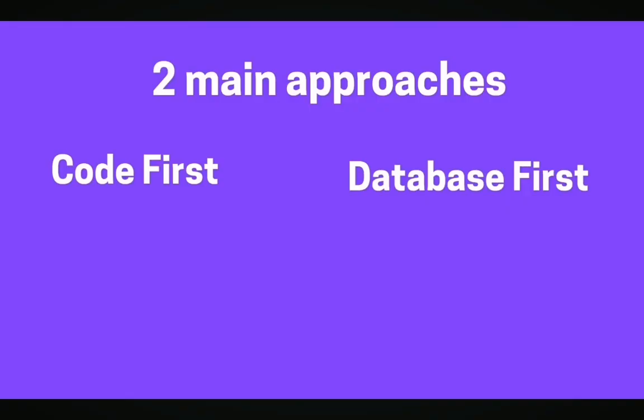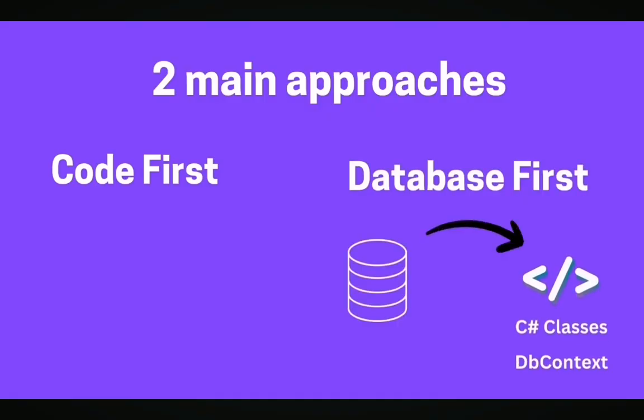In this video, we will learn how the database-first approach works. The database-first approach in Entity Framework Core involves generating C# classes and a DbContext from an existing database schema. This method is suitable when working with a legacy database or when the database design is managed outside